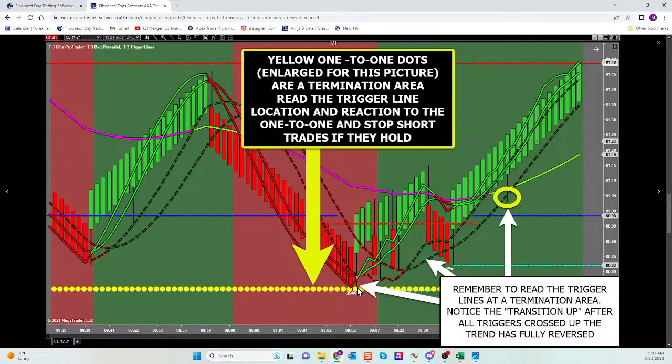Price reaches support. No trigger lines break. Look at the bounce that it creates, guys. You're going to see this every day. It keeps you safe from taking that short, from getting stopped out.